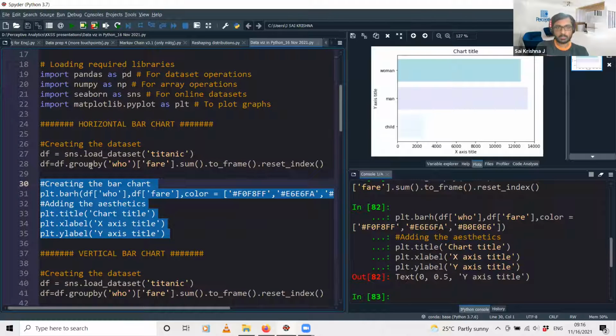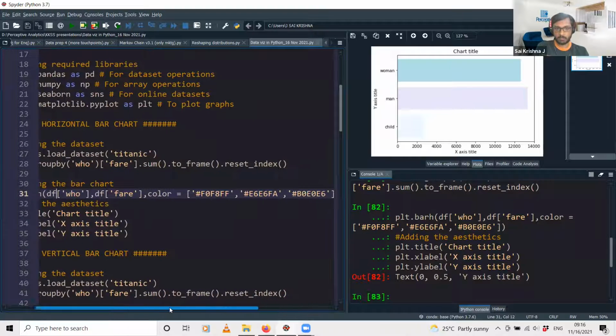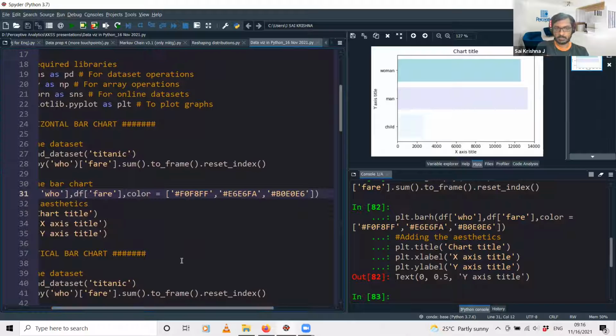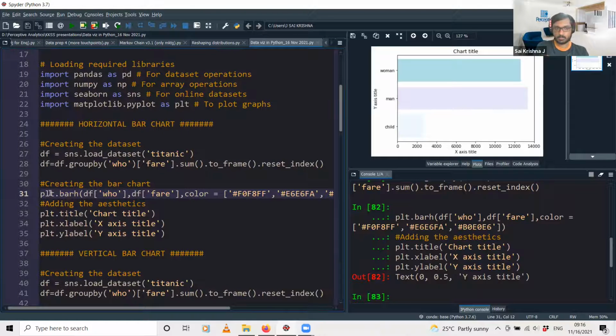Yeah, so you have this barh function. Right now I have used only a few parameters over here: just the x and y axis titles and the color. But you can refer to the official page of this particular function from the people who have developed this plt package. They will have a page for each and every function in this package.